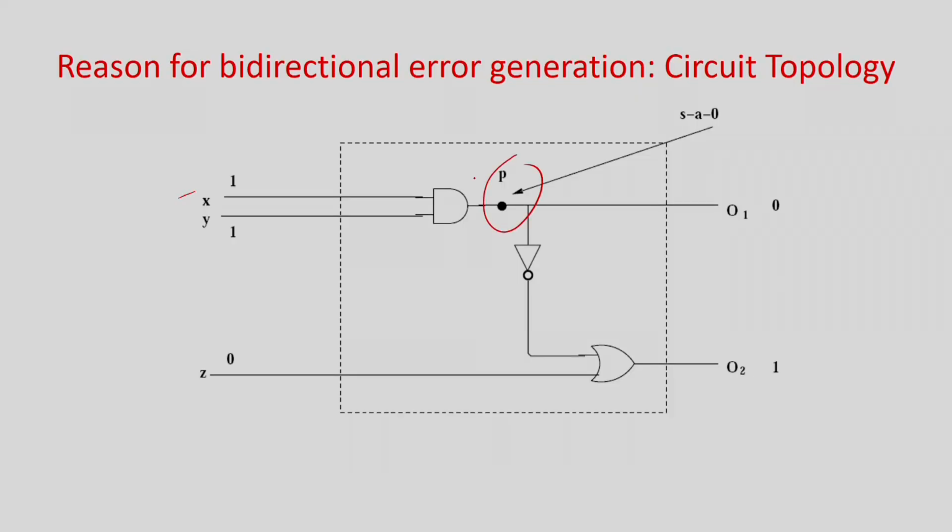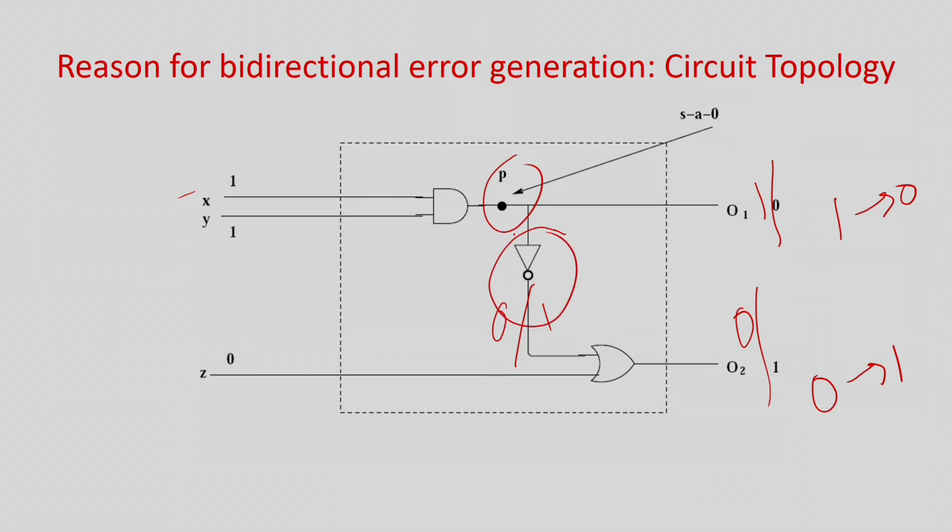But then another direction people found out: say this is a stuck-at-0 fault over here. Stuck-at-0 means normally it should be 1, with the fault it has become a 0, so it is from 1 to 0. This is the flip direction. In this case, normally it should have been 0, but the failure is a 1, so it is from 0 to 1. So it leads to a bidirectional error. Then people very easily realized that the bidirectional error is happening because there is an inversion, and so the error direction changes. In this case, with the stuck-at-0 fault, the direction is from 1 to 0, and in the other it is from 0 to 1.